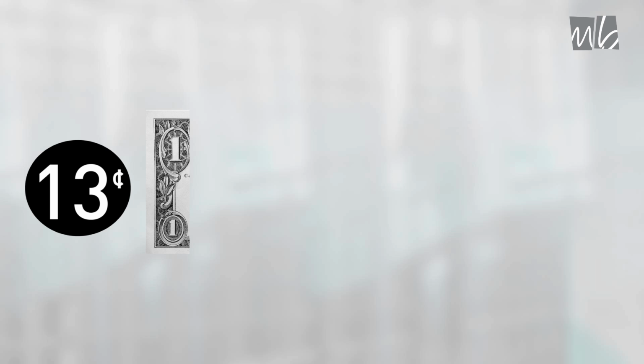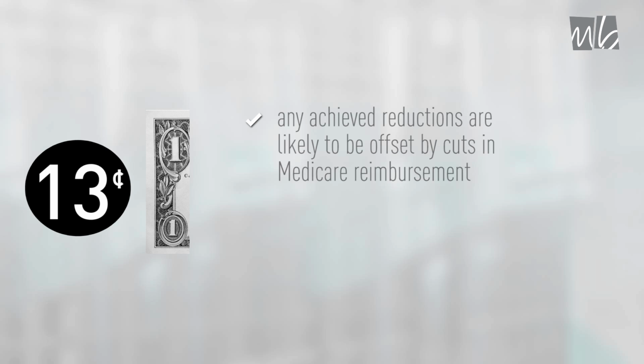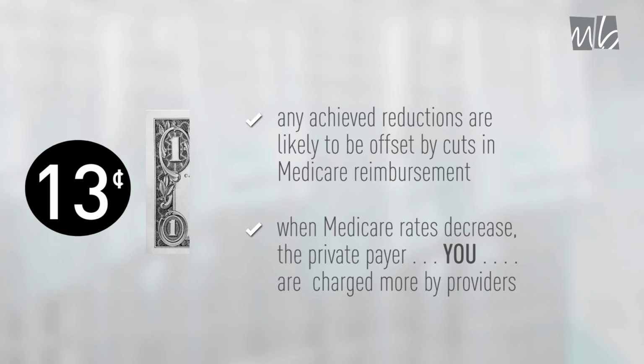Oh, let's not forget about that 13 cents. If you decide to simply continue focusing on that portion of healthcare dollars, any achieved reductions are likely to be offset by cuts in Medicare reimbursement written into the Affordable Care Act. Why? Historically, when Medicare rates decrease, the private payer, that's you, the employer, are charged more for providers to make